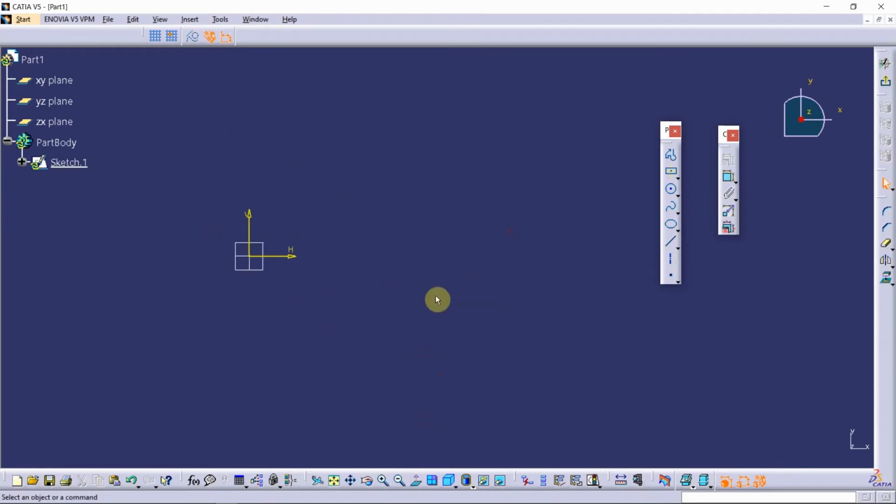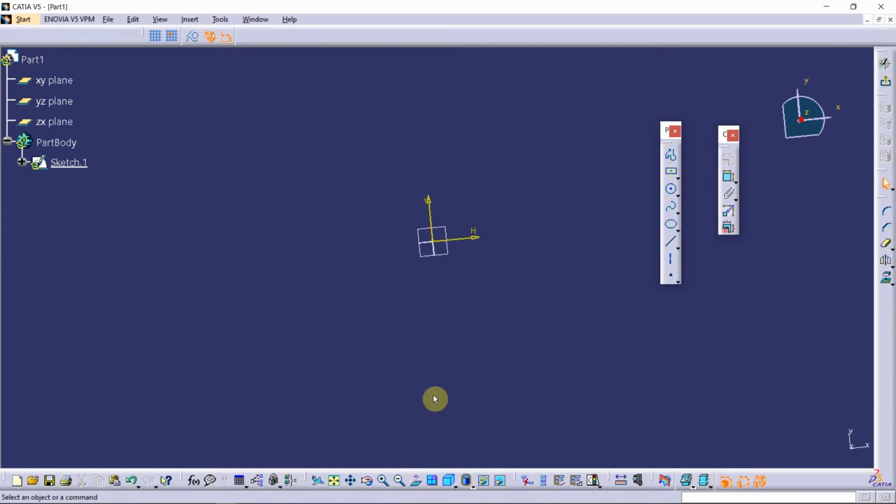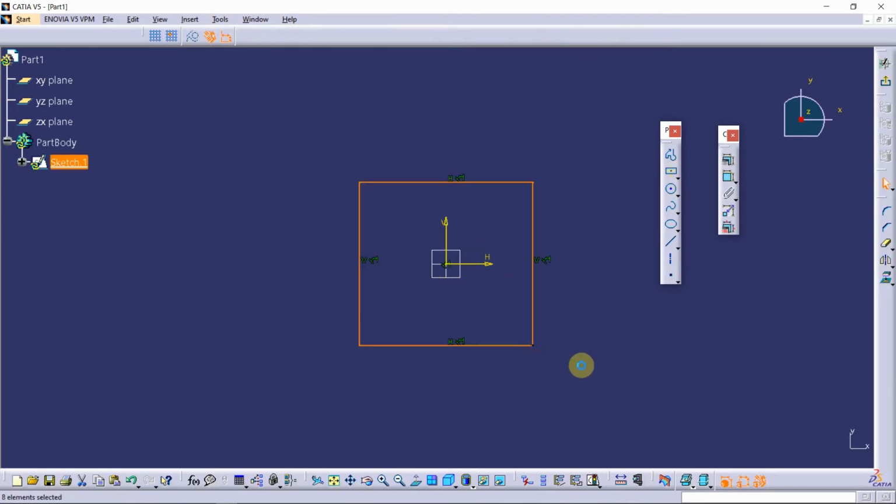Okay. Let me tell you how to navigate inside CATIA, like how to pan around, how to zoom in, zoom out, and how to rotate and all. You can see options here. This one says pan. You can select it and pan around. Okay, let me create a rectangle so that you can see clearly.